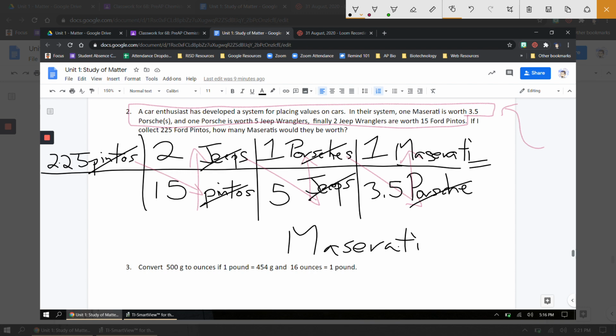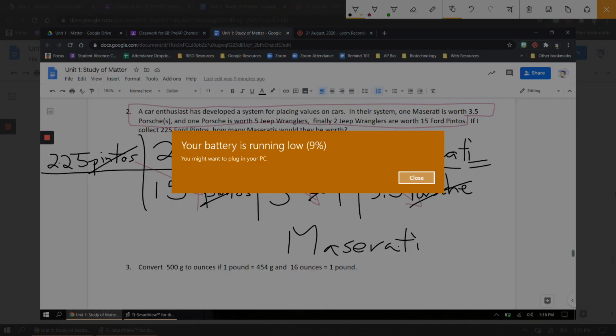Okay? All we need to do now is, of course, the calculation, which, again, is really easy if you do it the way I showed you. So I'm going to pick up my calculator. I'm going to do 225 times 2 times 1 times 1 divided by 15 divided by 5 divided by 3.5, hit equals, and my final answer is a lot. It's a very big number. My final answer is